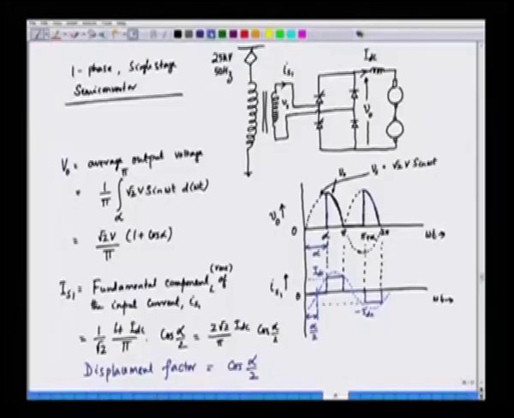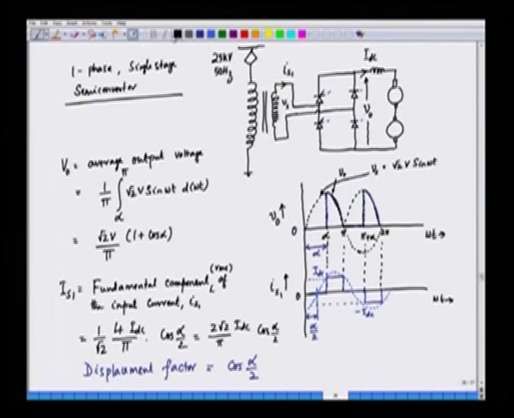Now, if we use a semi-controlled converter, what are the advantages and what are the drawbacks? Let us look at the circuit diagram of a semi-controlled converter fed traction motor. So, this is what we have here. We have a semi-converter here. It is a semi-controlled converter or a half control converter, because we have two SCRs in this case and two diodes,